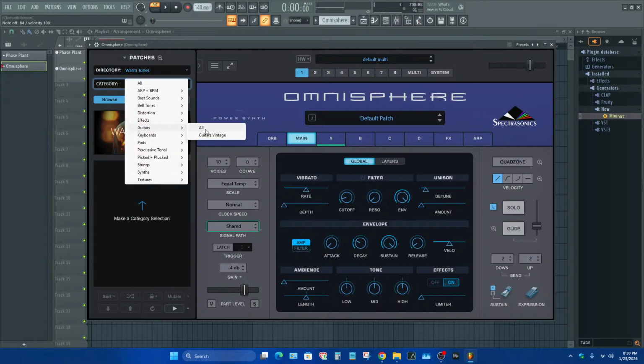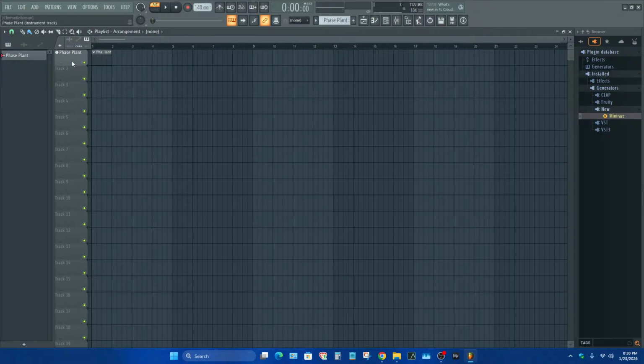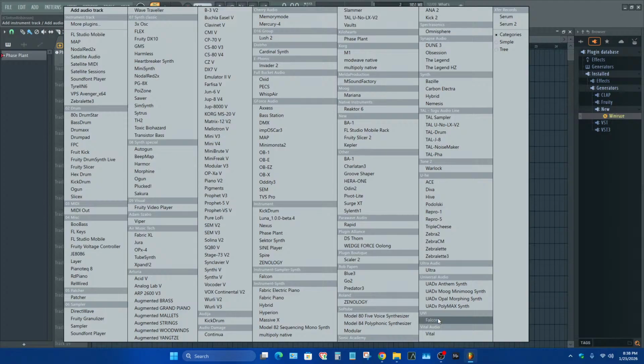Omnisphere is pretty good. It's got a lot of competition nowadays. It's got a lot of sounds, but in most cases they're usable, though not for fast situations, if that makes sense. You're going to be doing orchestra music and stuff with Omnisphere, if that's the sound you're looking for, because Omnisphere has these textures and organic stuff all over the place, you know what I mean? So it's got a lot of competition, like Vital, Falcon,